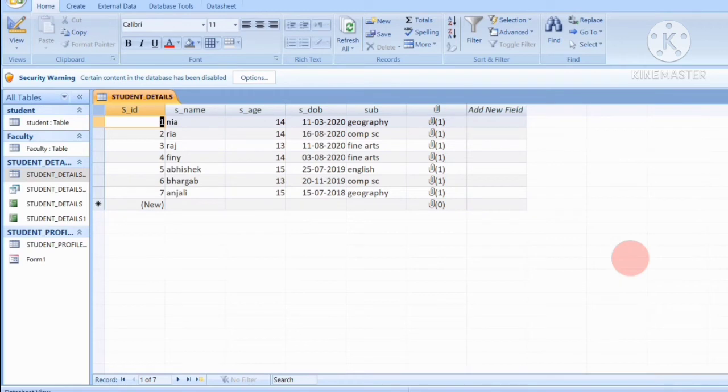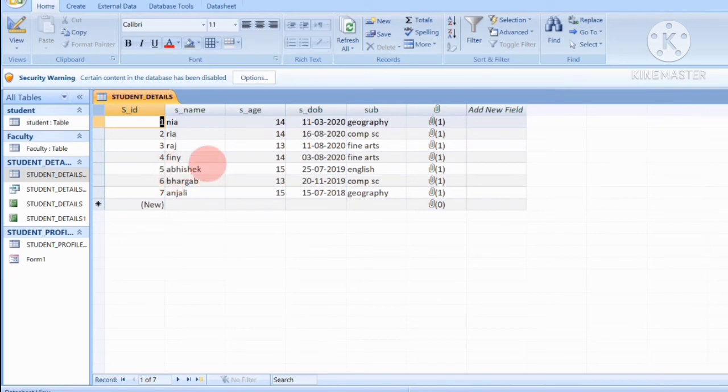So what is the meaning of query first? Okay, so query means the filter of a table. Filter means, if you want a few data from this table, for example, I want to filter, or I want the data whose name starts with A. For that reason you have to use the query.